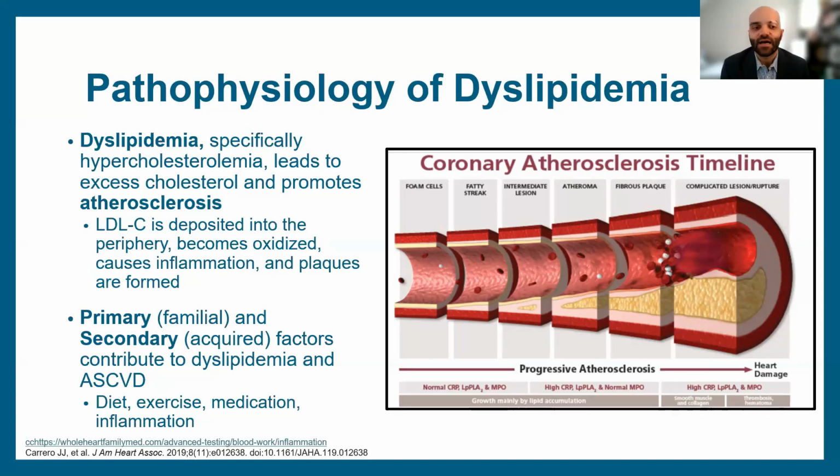There's a formation of plaques. And in the image on the right, you can see a progressive process. In our 20s, most of us have developed at least some fatty streaks, which are the intermediate stage on the left side of this timeline. Really, as it builds up, it's these initial deposits. Over time, these initial deposits are placed into our vasculature, such as the coronary arteries, or even down in our periphery, such as in our legs, which is what leads to peripheral artery disease. The body reacts, tries to tackle them with things such as macrophages, and that really leads to a lot of inflammation.